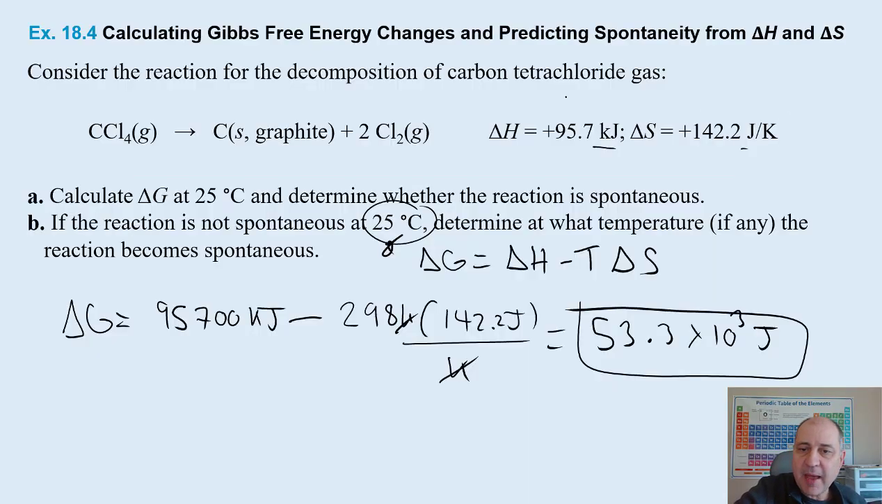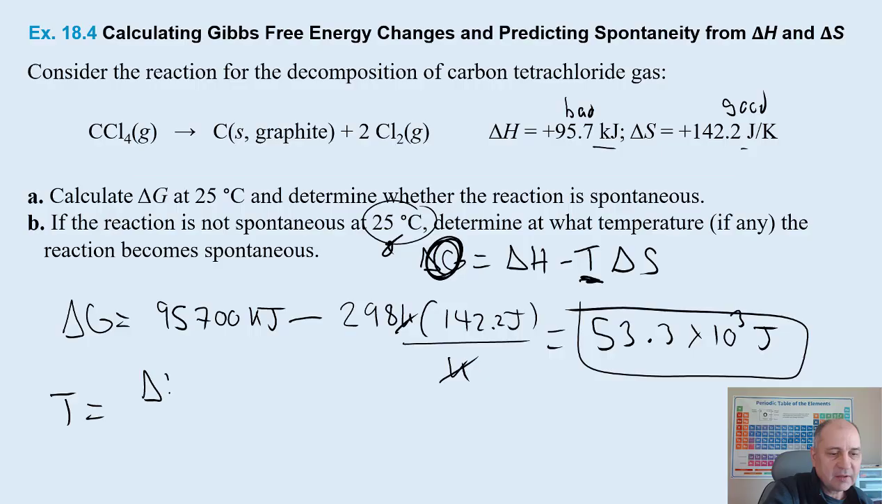because this is bad and this is good, we can overcome bad by increasing the temperature. So we expect the temperature to be much higher than 291 when we solve for that, but we can set this equal to 0 and then solve for T. So T is going to be equal to delta H over delta S, and so we have